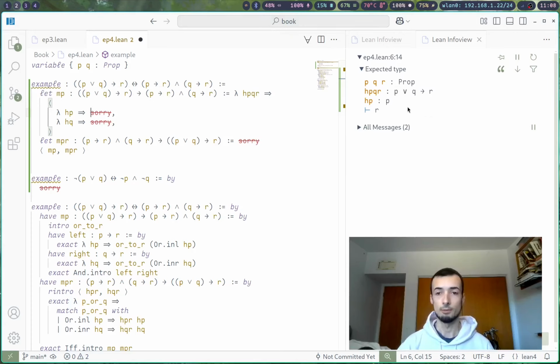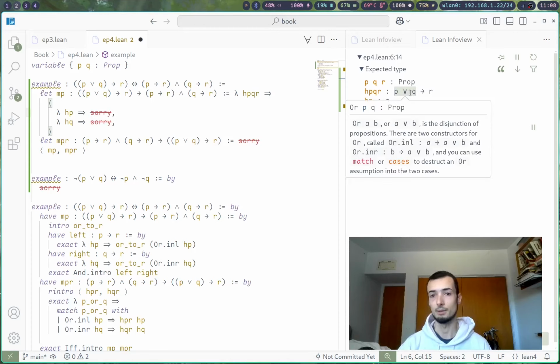Now it's somewhat clear that we need a P or Q, and that we have a P, and that we need to show R. And so clearly, if we see our goal at the end of some hypothesis in an implication, that means that we just need to be able to give the requirements to that hypothesis